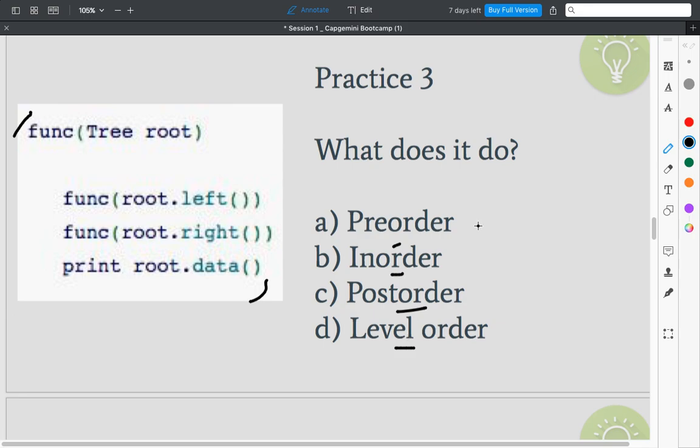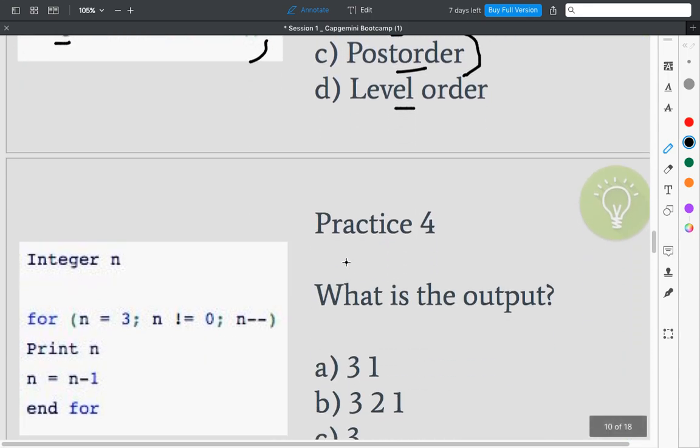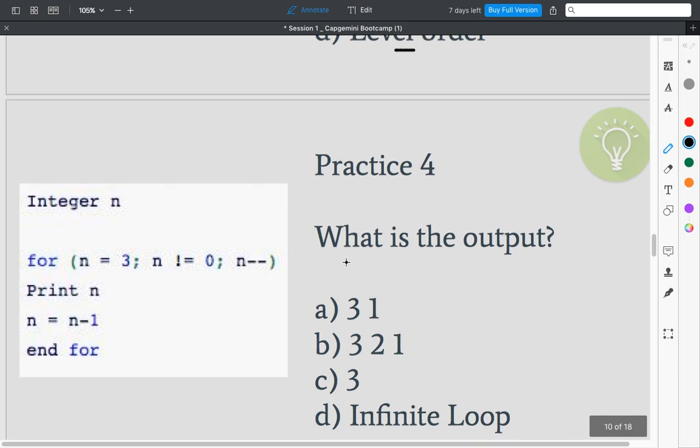So what's happening in it? It is traversing the left node, it is traversing the right node, and then it is printing the data. Okay, so very good. This is a post-order. For it you have to understand the basics. In pre-order, we print the node first. In in-order, we first go left and then we print the node. So similarly you can go into the theory and understand it. You don't have to go very deep, it's very simple.